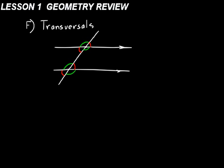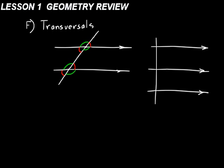Now let's talk about lengths. There are some proportional things when you have 3 or more parallel lines and 2 or more transversals. Now we have a relationship like that. It just happens that the parallel lines cut those transversals into line segments that are proportional to each other. We'll talk about that more in lesson 8, but for right now, just understand that